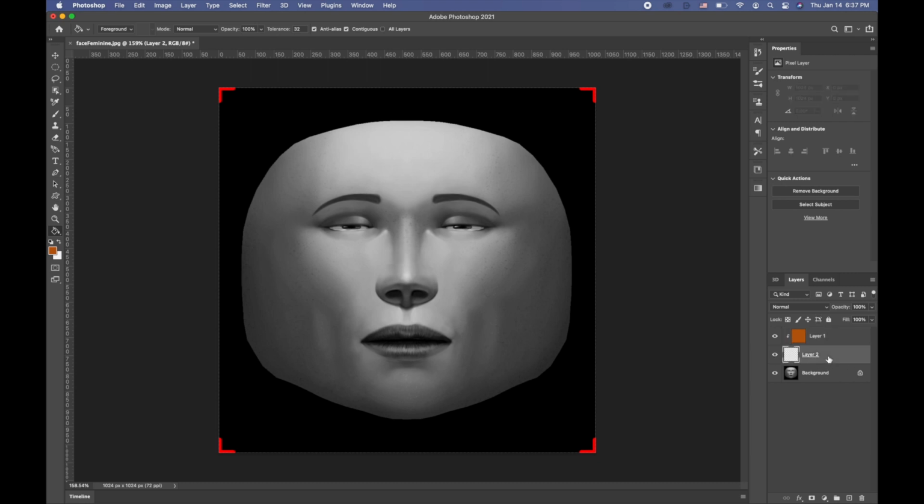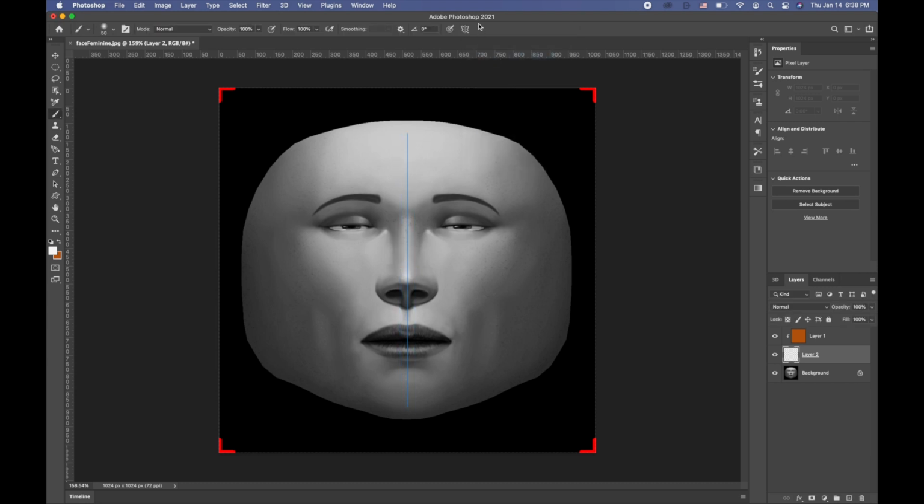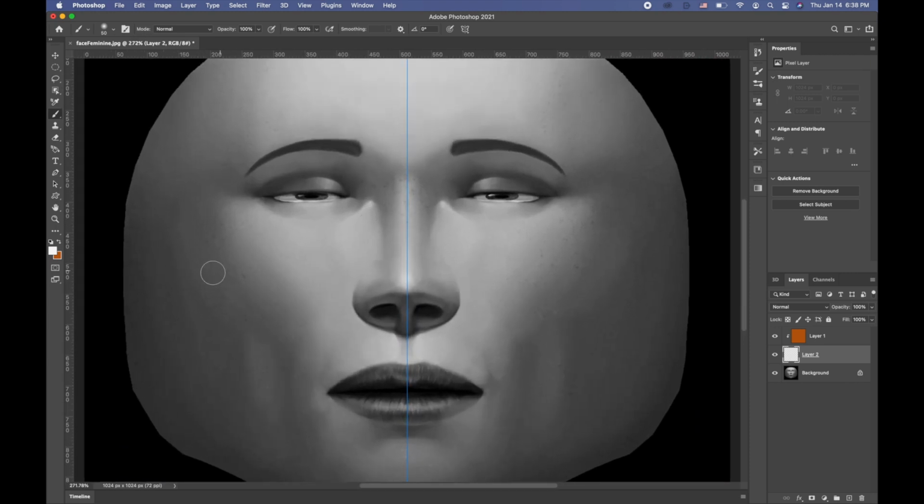And now I'm coming back to this transparent layer, and I'm clicking on the brush and switching to the white color. It's important because all the textures I draw in white color. This way you can adjust them easily in Spark AR. Also you need to set symmetry, pick vertical and then press this check mark. Okay, so let me enlarge the picture of this feminine face,